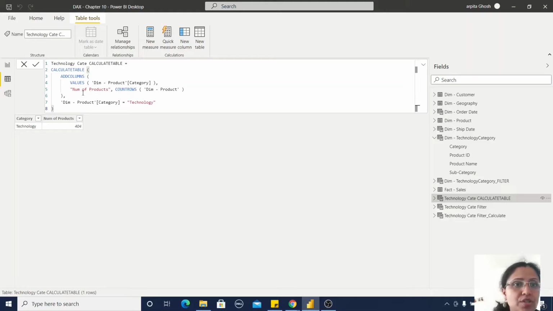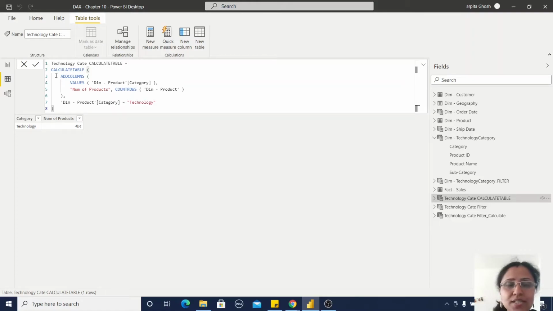Category information and number of products for that category, because here I am providing this filter condition, technology, and it will take the number of products, counting rows from the product dimension. So you can observe here it's giving 404. We already observed in our earlier table that for the category technology we have 404 products. Okay, so this is providing a good result.